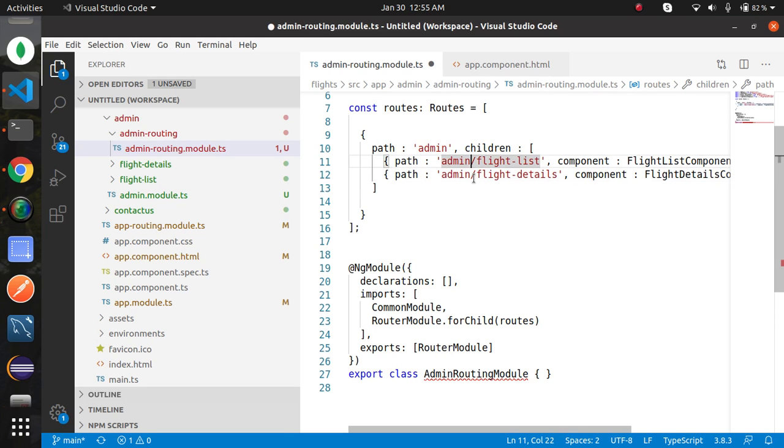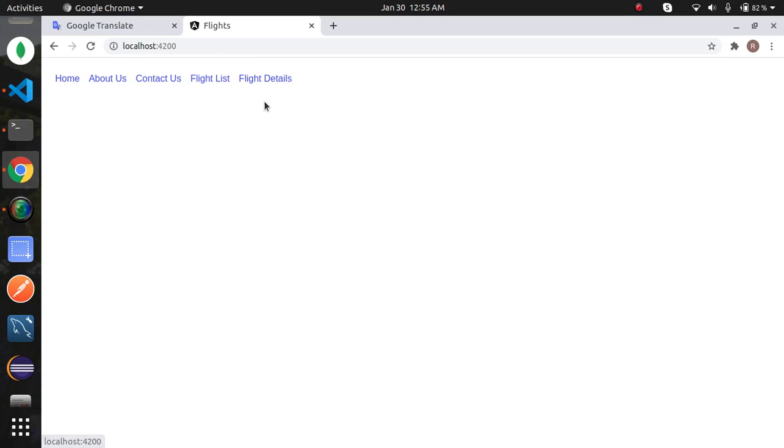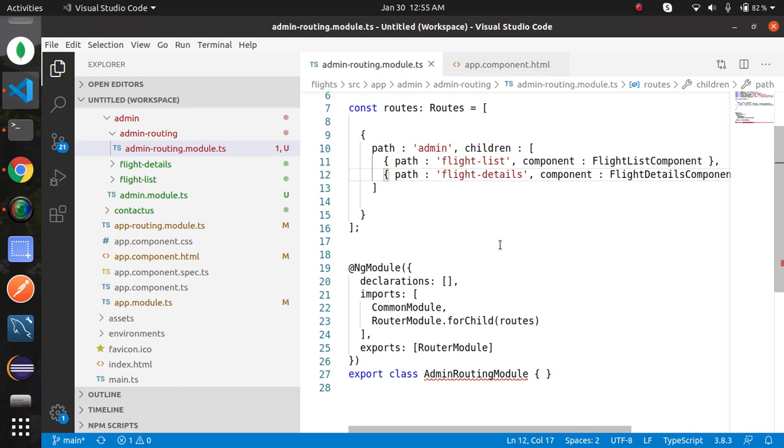And now remove the admin slash from both the places. Save, executed successfully. Go to your home section, flight list, flight details, both working fine. So in this way you can use the children feature as well.